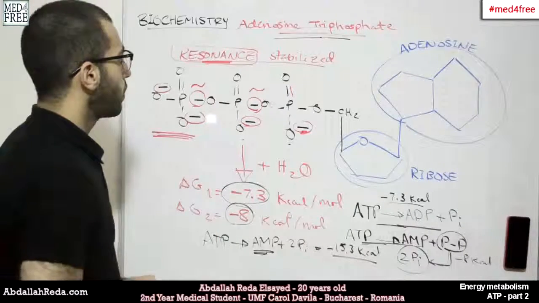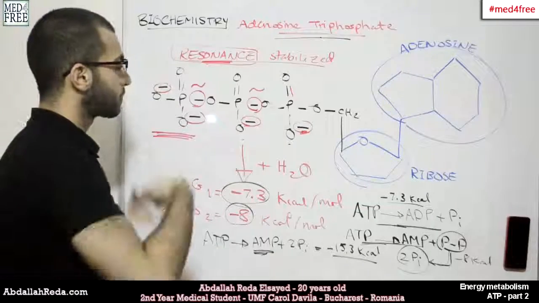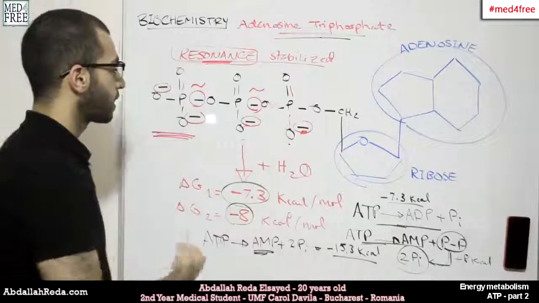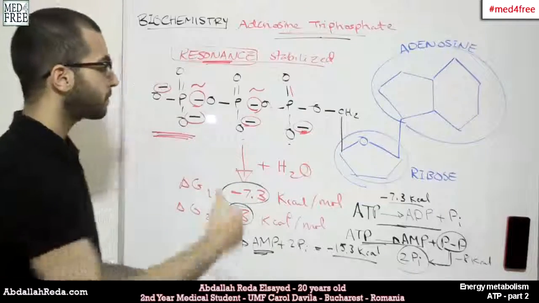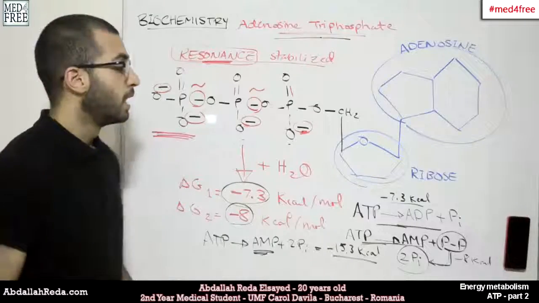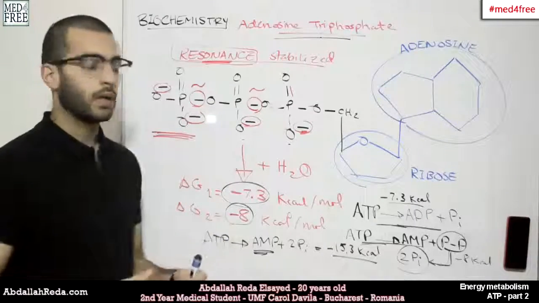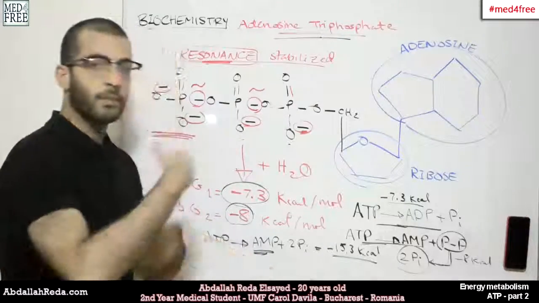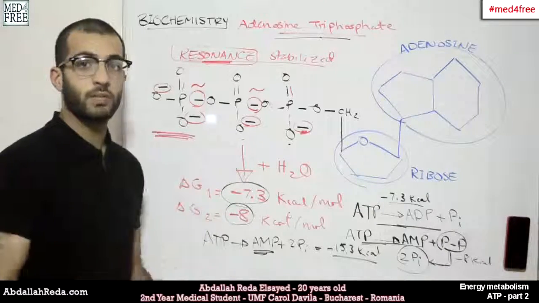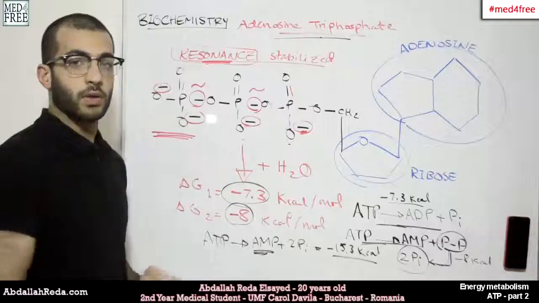Next time we're gonna talk about more examples in which macroergic compounds are involved, different macroergic compounds other than adenosine triphosphate, and this would let us get more involved in the metabolic process, and it will be an introduction before we start talking about